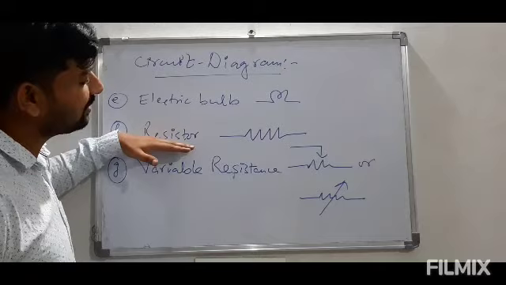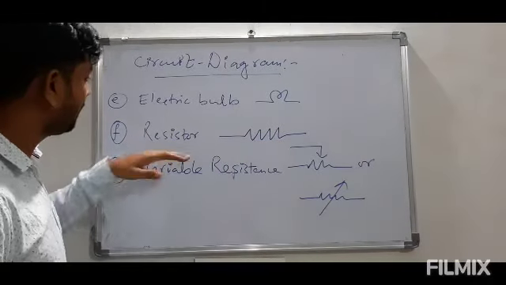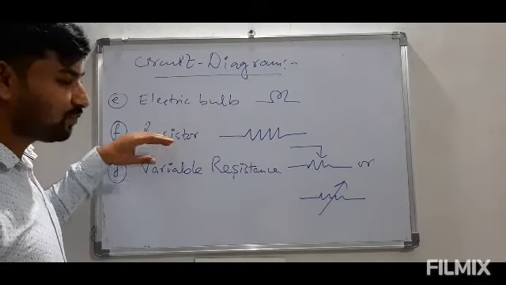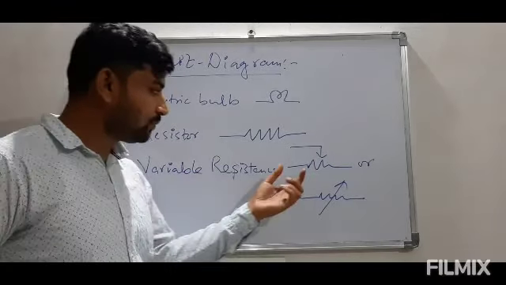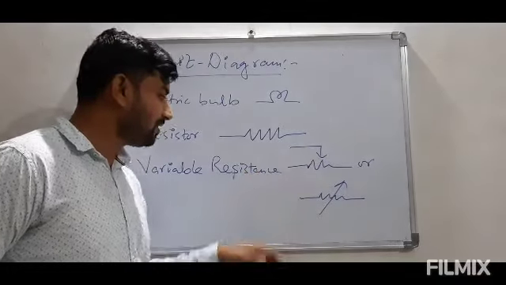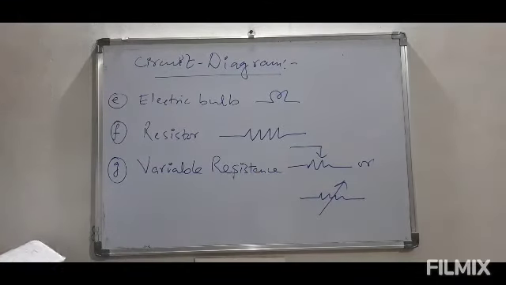And this resistor represents a fixed value which we cannot change. Whatever resistance we need, we have to put that component in the circuit. But here there is an option of changing the value of resistance in between. Next thing is,